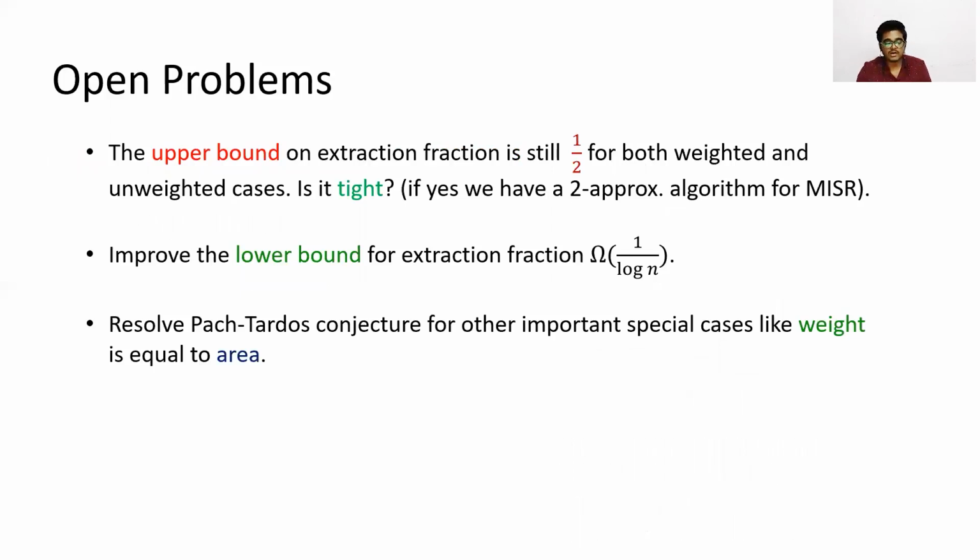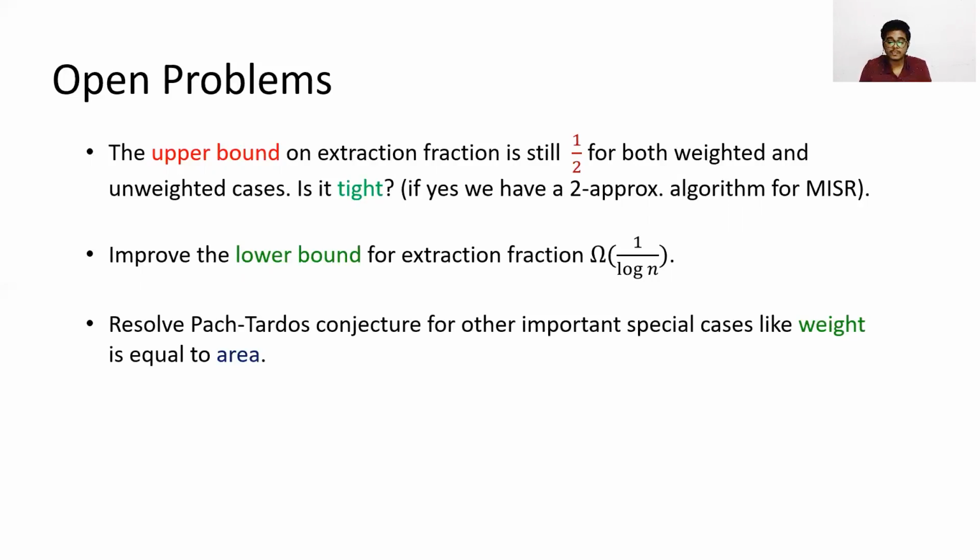So that's the work. And now, open problems. The upper bound is still half, and the upper bound did not use weights and did not use rectangles. They used unweighted squares and gave the upper bound of half. We tried using rectangles and weights, but still we could not beat half. Suppose it is true that even in the weighted case, even for rectangles, we can always extract at least half, then it's a huge thing because we'd have a 2-approximation for MWISR, not only MISR.